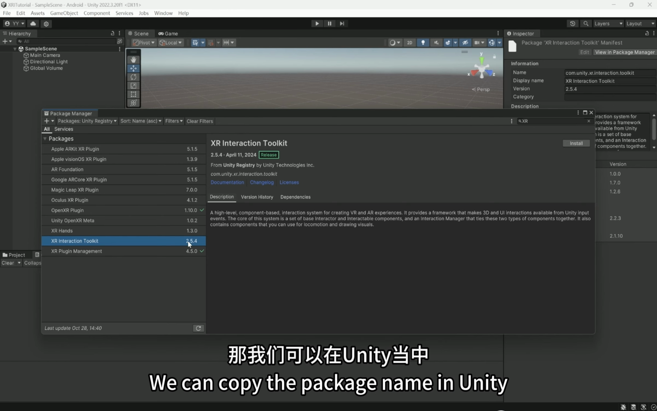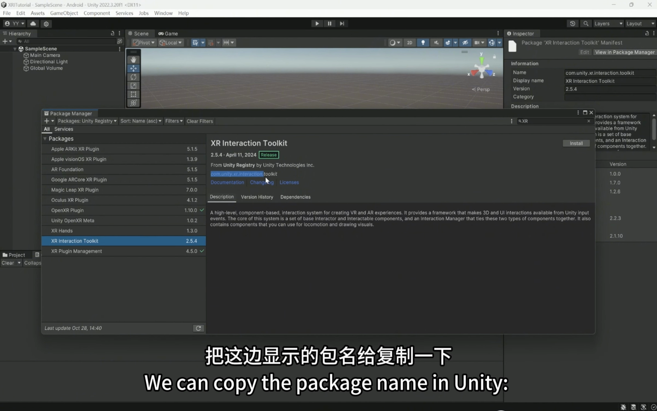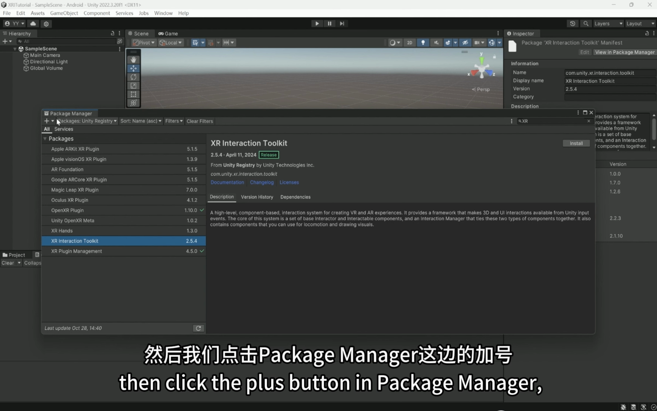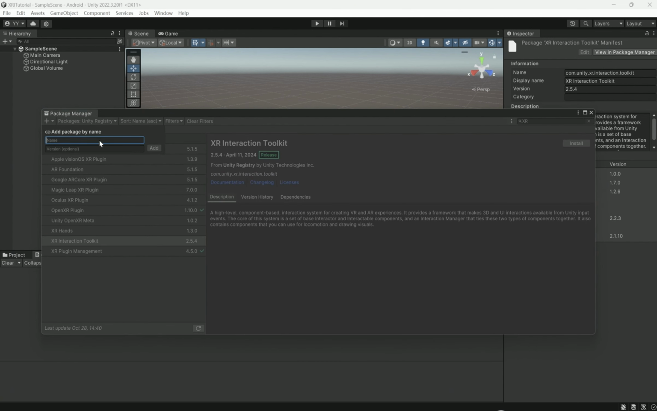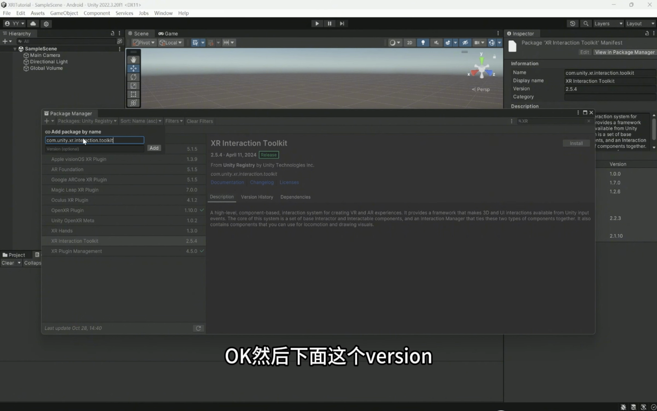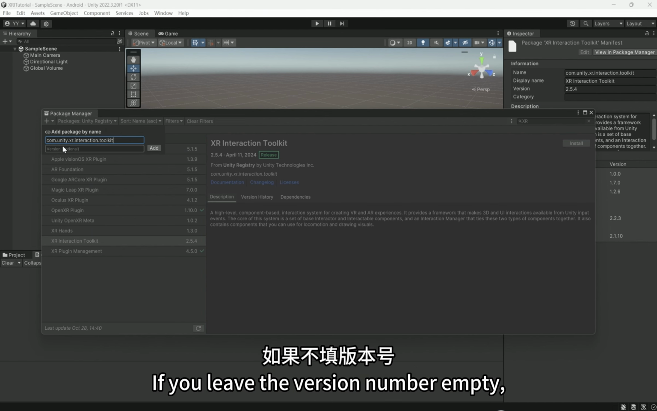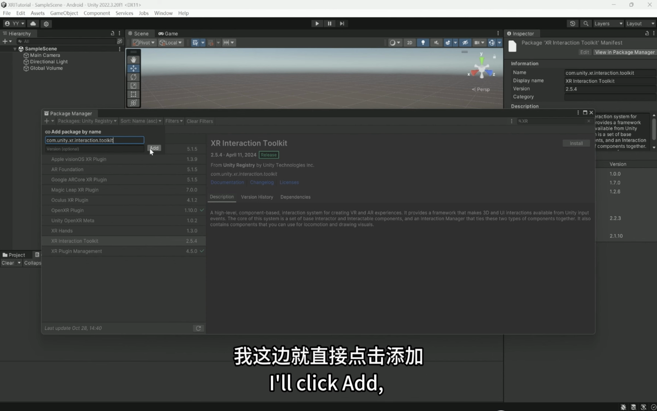We can copy the package name in Unity, com.unity.xr.interaction.toolkit, then click the plus button in Package Manager. Select Add Package by Name, and paste the copied package name. Next, fill in the version number below. If you leave the version number empty, the latest version will be imported by default. I'll click Add,